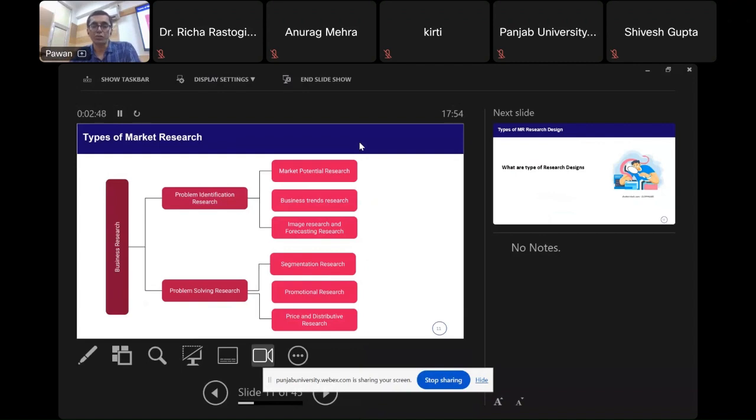There's some gap. So you could use MR to do a lot of A/B testing of solutions, where you could segment a lot of market, customer segments. You could do A/B testing of promotional offers. So you design two types of offers and you want to see which is working well. You could do a lot of pricing experimentation, where you want to launch a product at different price points and see which maximizes profitability. So broadly, you could identify a problem with MR, and second, you could solve a problem with MR.